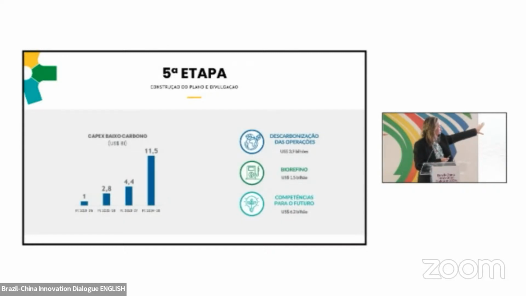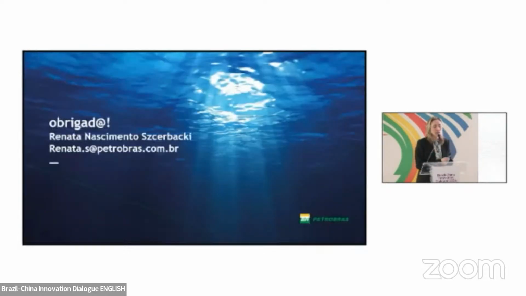Our investment for low carbon is ongoing, and today it represents 11% of capex of the plan. So you see in the last year it's been growing, and more than that, when we see the yearly investment until 2028, we start with 6% and reach 16% of our total capex in 2028. So that shows that the company is changing, understanding that the energy transition is unavoidable. It will happen. The great uncertainty is in what rhythm, in what pace, and it's followed up with the different scenarios and what is happening.